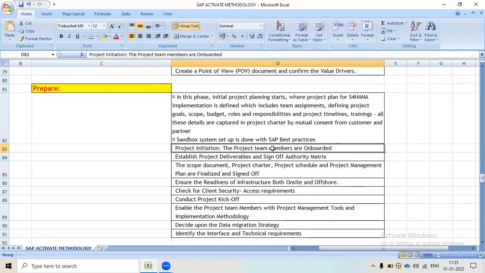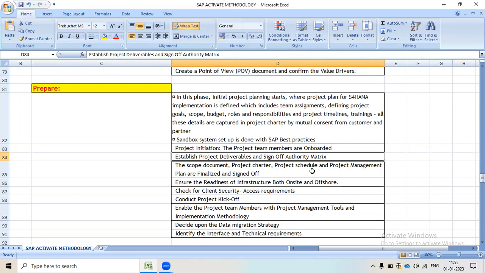Then I'm going to discuss the activities which happen in the Prepare phase. In project initiation, the project team members are onboarded, the project delivery and sign off authority matrix is established, and the scope document, project charter, project schedule and project management plan are finalized and signed off.